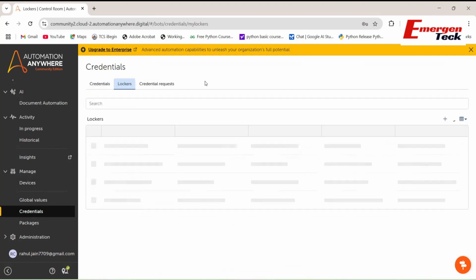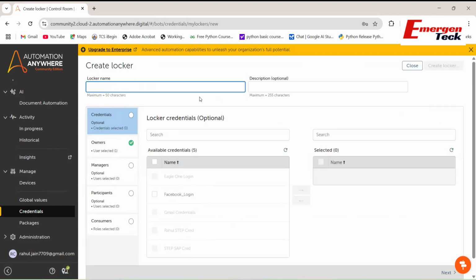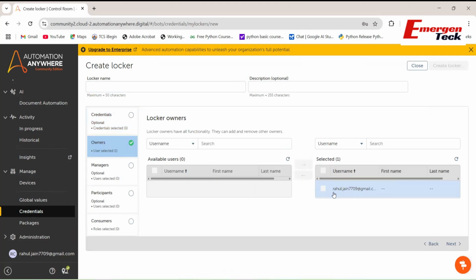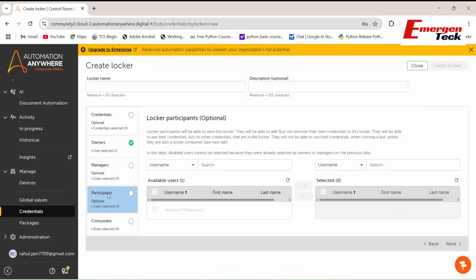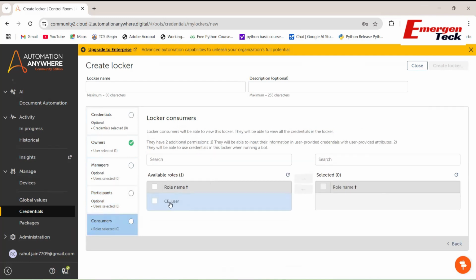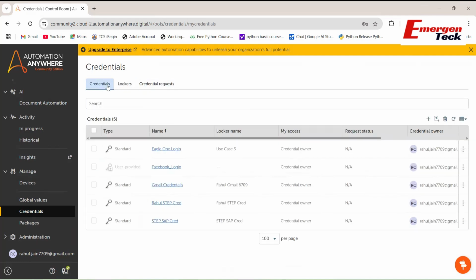So if you click on the locker, here there is a create locker option. Here you have to give the locker name and the owner. So you will be the default owner. Then manage your devices, then participant, and the role should be the control room user, so that you have to give. So currently I'm closing this, and once you create this, you navigate to the credential tab and again create the credential